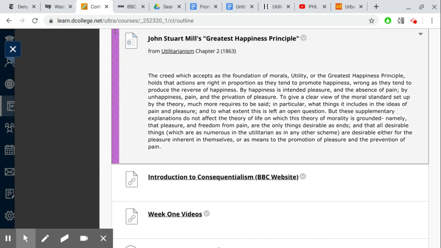Mill goes on here to specify a little, and he says, by happiness is intended pleasure. Just to simplify things, happiness is defined as pleasure and the absence of pain. By unhappiness, pain and the privation of pleasure, the taking away of pleasure. So one may say that what you're trying to do as a utilitarian is to maximize the total amount of pleasure experienced by, let's just say, human